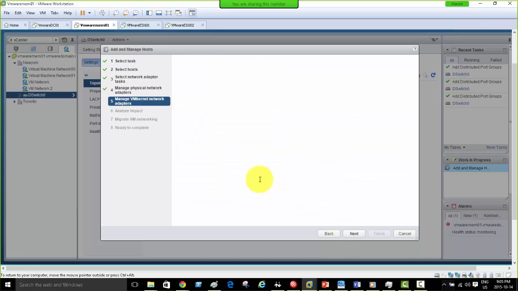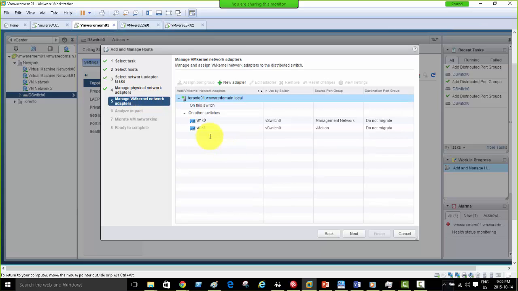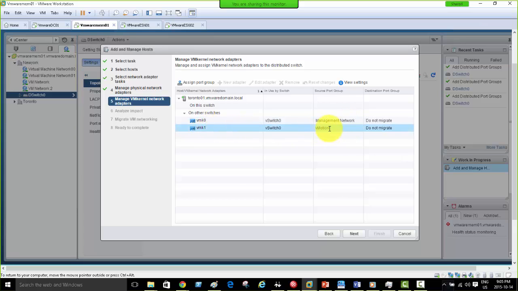Next, then it says VM kernel adapters. So we have already VMK0, which is management network, and VMK1 vMotion. There are two adapters showing here related to management traffic. So we can assign these two adapters of ESXi01. In my case it's Toronto 01, in your case it's ESXi01. We're going to map these two adapters to the port groups of the vMotion port group we created on D